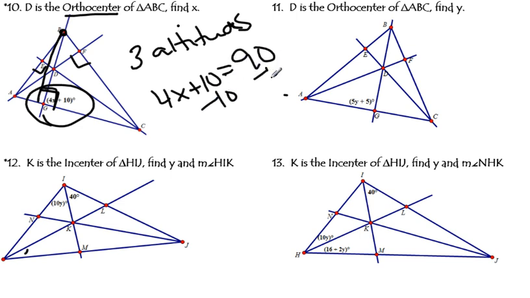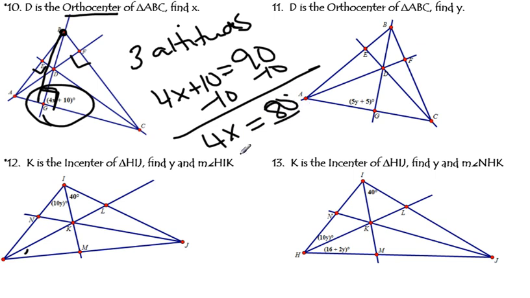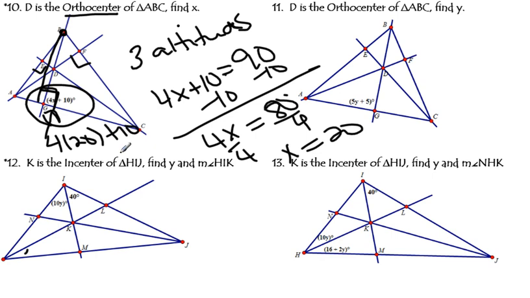I'm going to subtract 10 from both sides, and I get 4x equals 80. Divide by 4 on both sides, so I get x equals 20. If I plug that 20 back in, I get 4 times 20 plus 10. 4 times 20 is 80, plus 10 is 90. And then number 12, in case that cut off as well,